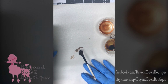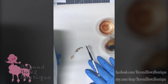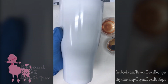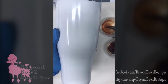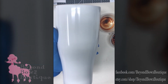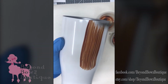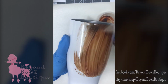And you want something protecting your surface. This is a work surface, so I'm not terribly worried about it. If this were a dining room table, you'd want something really good to protect it. So to get started, I'm going to add a little bit of alcohol to that. I think because it's getting to be the bottom of my bottle, it's kind of thick. So you're just going to get a section of this